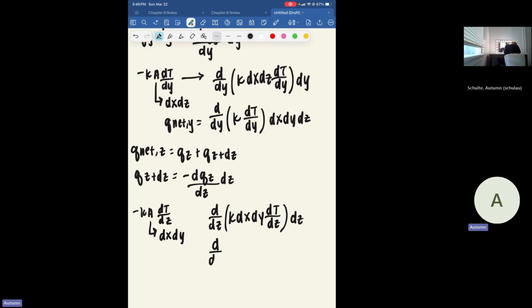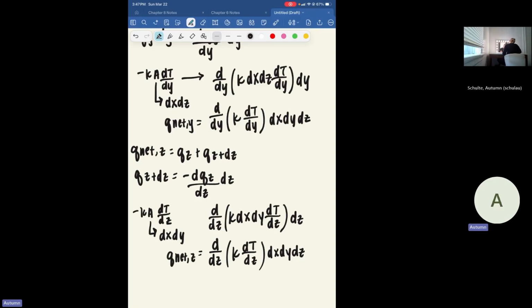So we're going to have the derivative with respect to z multiplied by the thermal conductivity times the derivative of temperature with respect to z multiplied by dx dy dz